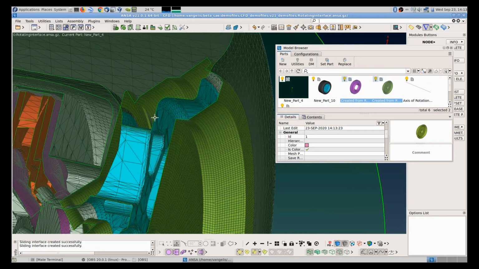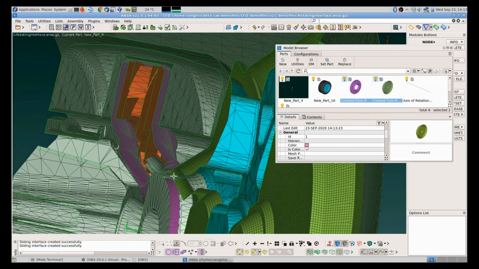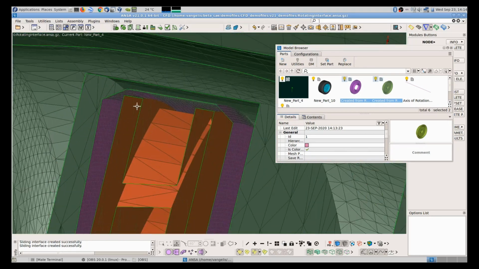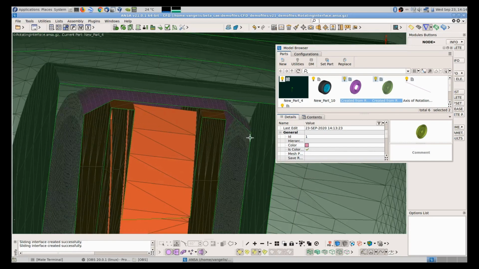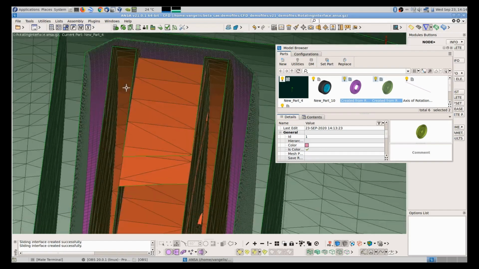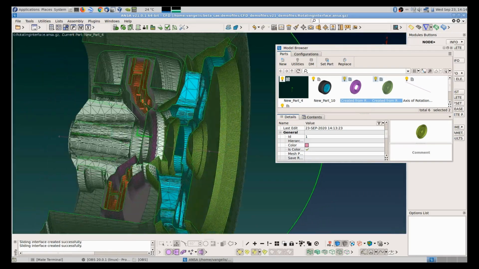We have an offset of approximately 20 millimeters from all rotating parts. And of course, in this area where we have the disc brake and the brake caliper, this rotating interface surface passes exactly in the middle, right? So that it allows for volume meshing on both sides.